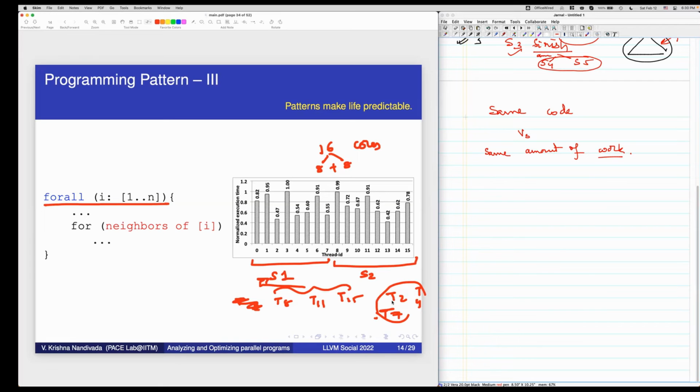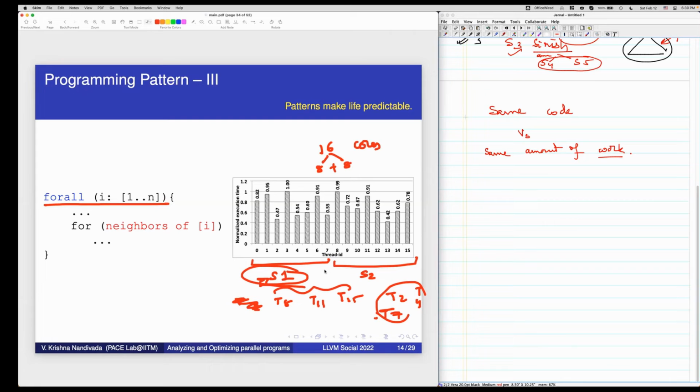How cool is that? I'm introducing imbalance because if there is imbalance, I can do socket-wise optimizations. So I will say S1 is a socket which will do more work, and S2 is a socket that will do less work. I can even run S2 at a lower frequency.